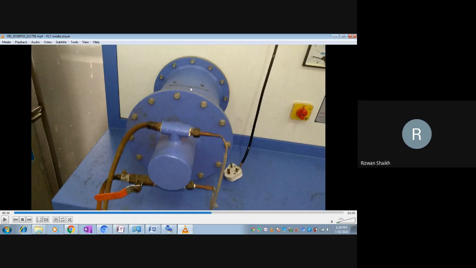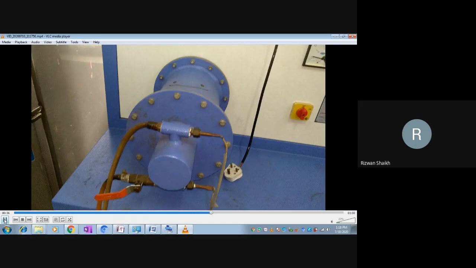Now this shell is filled with insulation. You can see the insulation material has been filled here, so that whatever amount of heat flows from the heater flows in one direction, and heat flow in the other direction is neglected. Whatever heat reaches the other end of the rod, this hot rod, and the water flowing there, produces a change of temperature of the water.